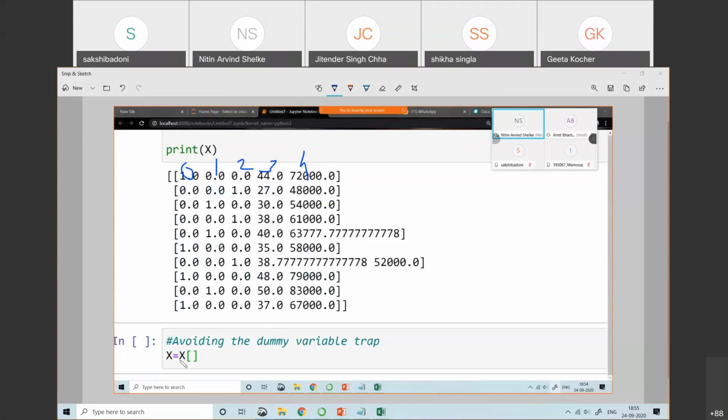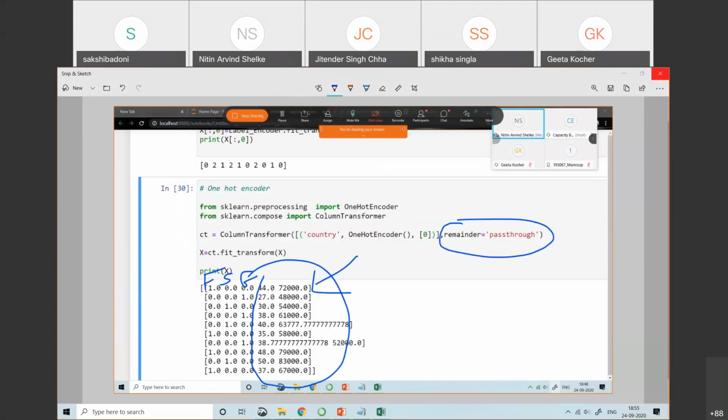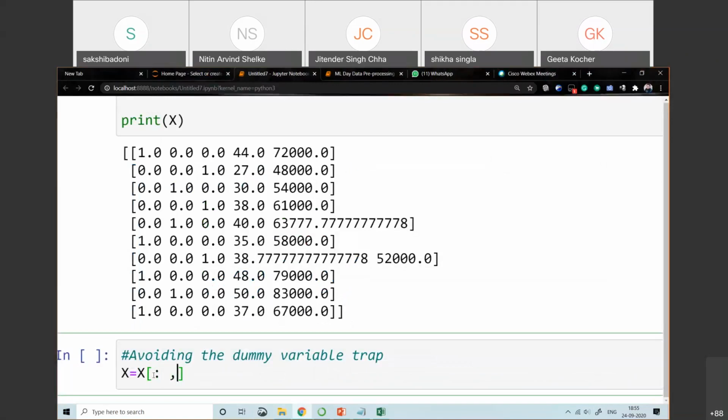But here I am using X is equal to X in square brackets. So you need to add some values. That value should be starting from 1. First, it should be for all rows, right? Sanket, you just write the 1 colon. First, it is for all rows. First, there is a need of colon, right? Now it is correct, right? Anshul Agrawal, 1 colon. Okay, 1 to all. So all rows and 1 colon, through which I'm just removing that particular first column.